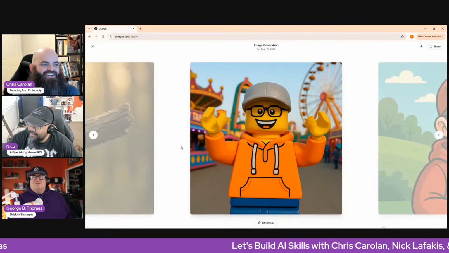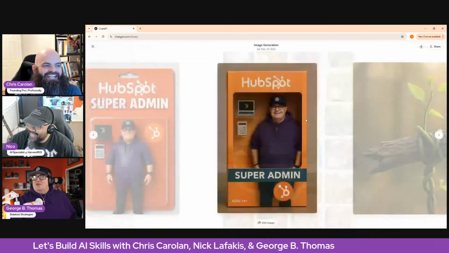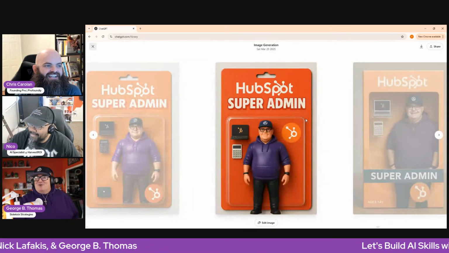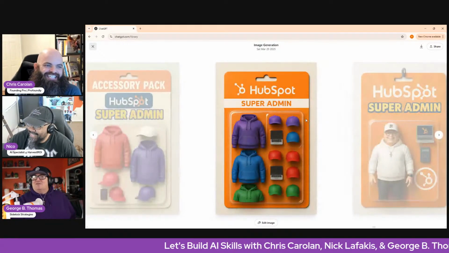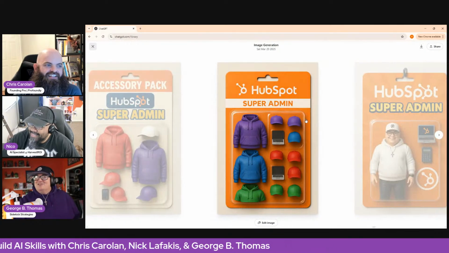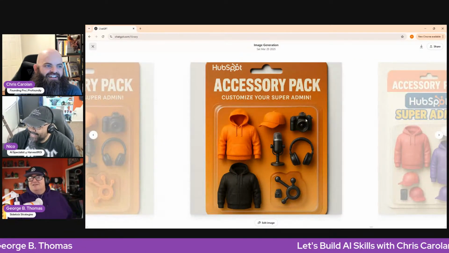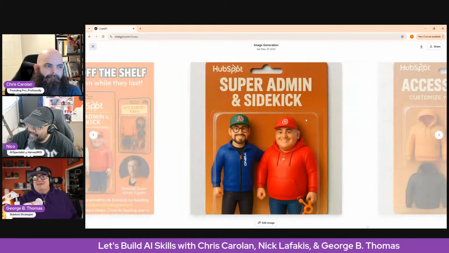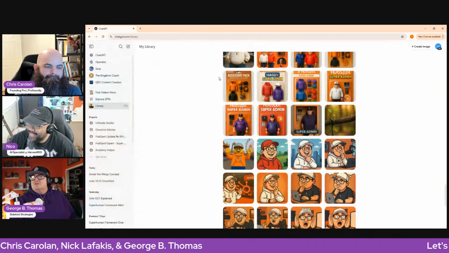What would it be like if there was a George B. Thomas Lego? That's so great. So then you saw this whole thing happening on the internet, which made me want to go for a walk immediately when I saw this one generate. But I started to go through this process of, well, how can we create a super admin pack of matching hoodies and hats, and actually, let's do this accessory pack because it's a camera. I don't even think I shared this one online. And then all of a sudden I was the sidekick, me and Jorge. And you can see how awesome you can allow your mind to go in different directions.